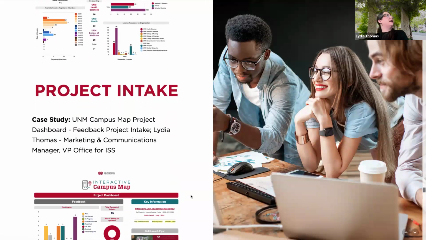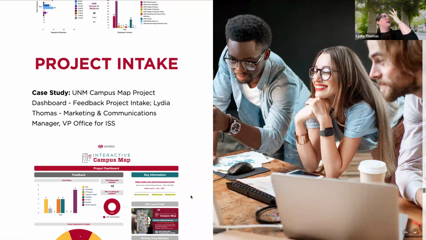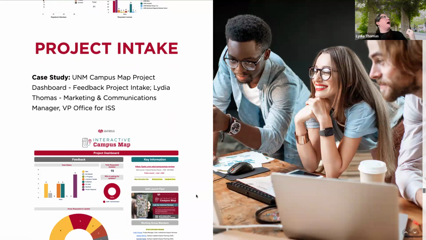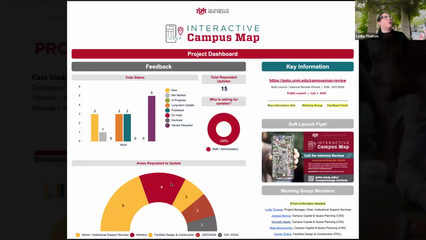So project intake, thinking about that as a case study, another one that I did in 2024 was launching the interactive campus map. I created a dashboard for that for our committee so we could keep track of who's asking for updates, how many updates did we have. This was pretty early on when I took this screenshot, so it would not be as finalized as it is now because a year has passed, but I was keeping track of who needed to address different areas that had updates to the map, what we were doing on, again, our marketing tasks, and of course, our key information like